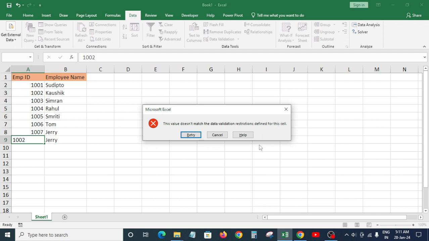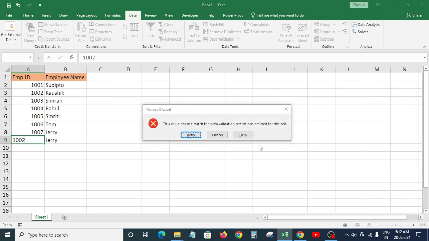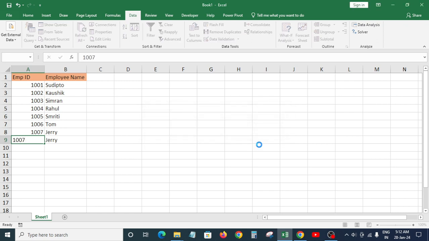See, we already have 1002 as the employee ID for Koshik. For Jerry, we have 1007 for the first employee Jerry. For the second employee Jerry, if we try to enter 1002, it will not take. 1007, it will not take. It will only take 1008 onwards. So this is how we can prevent